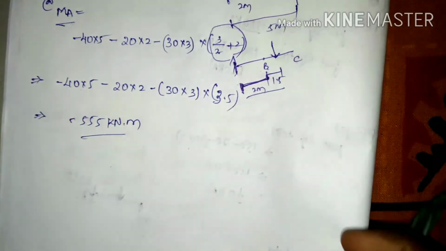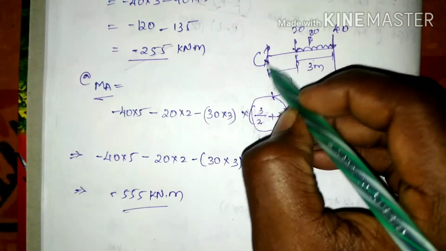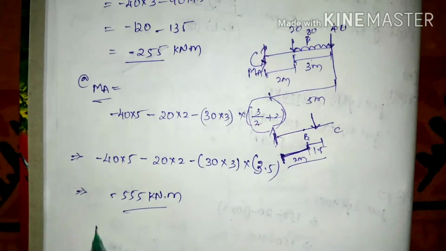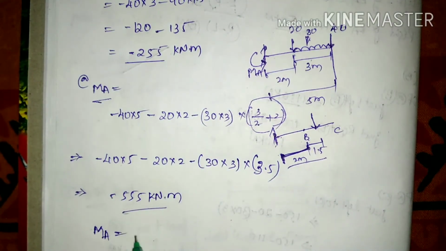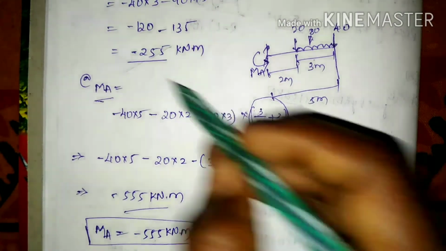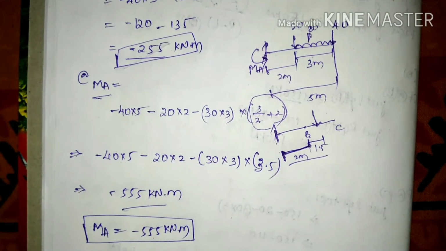Here we are also having the maximum bending moment, that is we are having a moment at the fixed end, so that the maximum moment at A is equal to minus 355 kilonewton into meter. By these values of bending moment and shear force, we are going to draw the shear force and bending moment diagram.